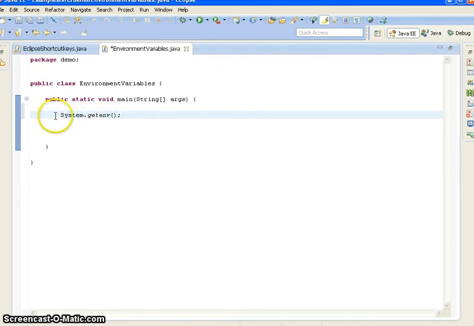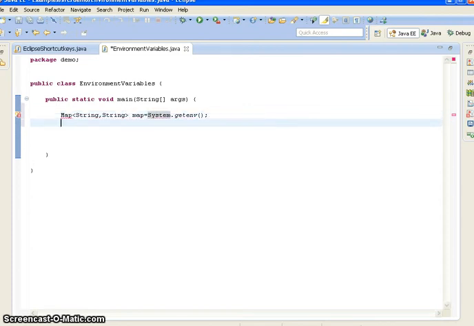As I have told you, it will return a map. Now I will iterate through this collection, that is the map, and I'll get the environment variable values.